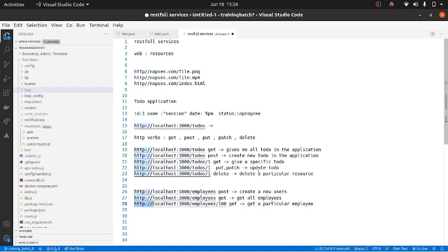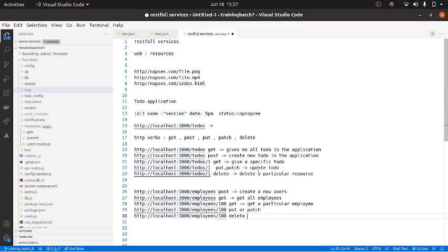Now if I want to update Sai's details, say for example, he is added to a new project, how do I update that? If you are replacing the entire details, it is PUT, or if only certain columns, it is PATCH. Either PUT or PATCH. If I want to remove Sai from the company, what do I do? DELETE, right? Correct.